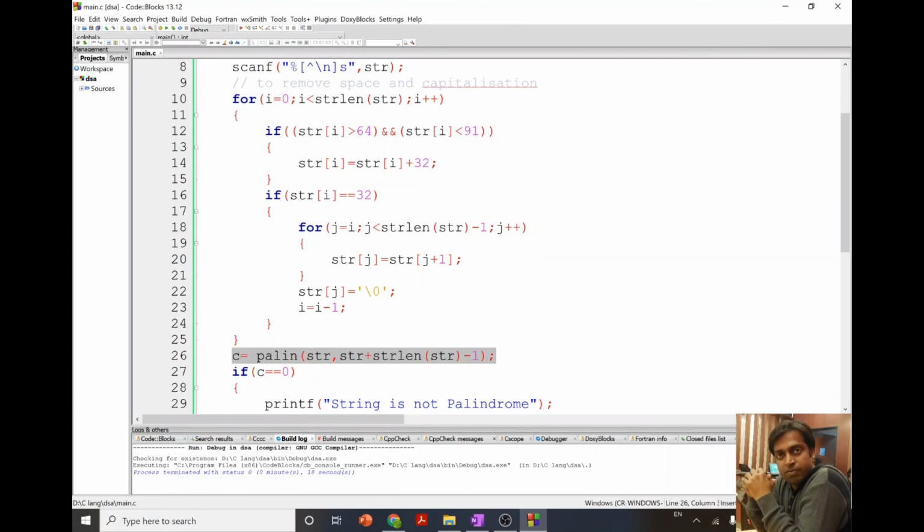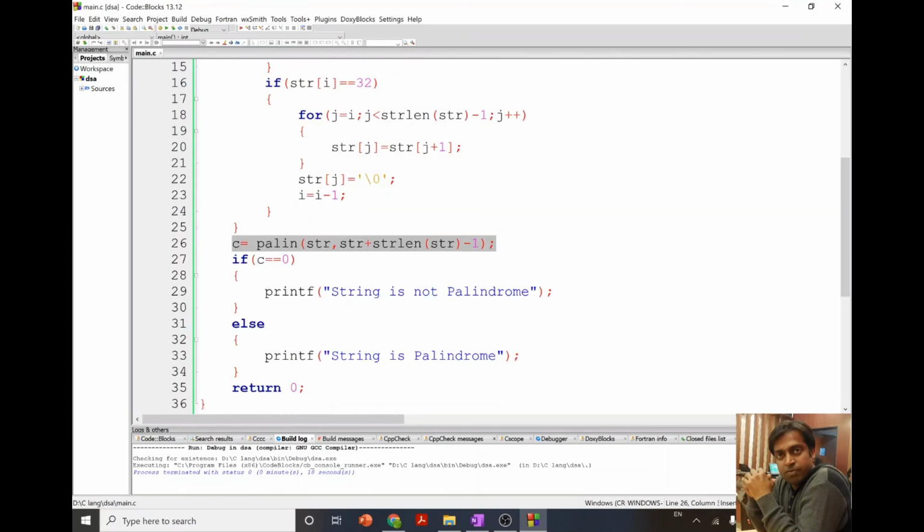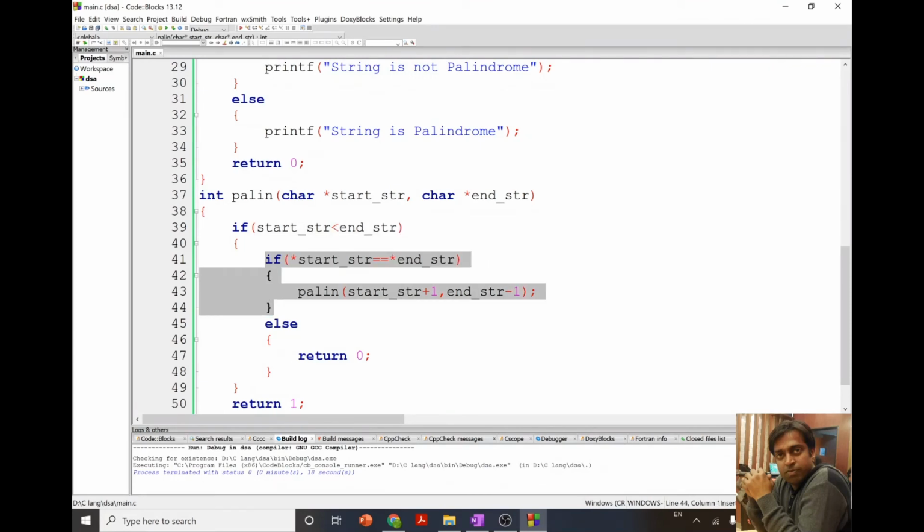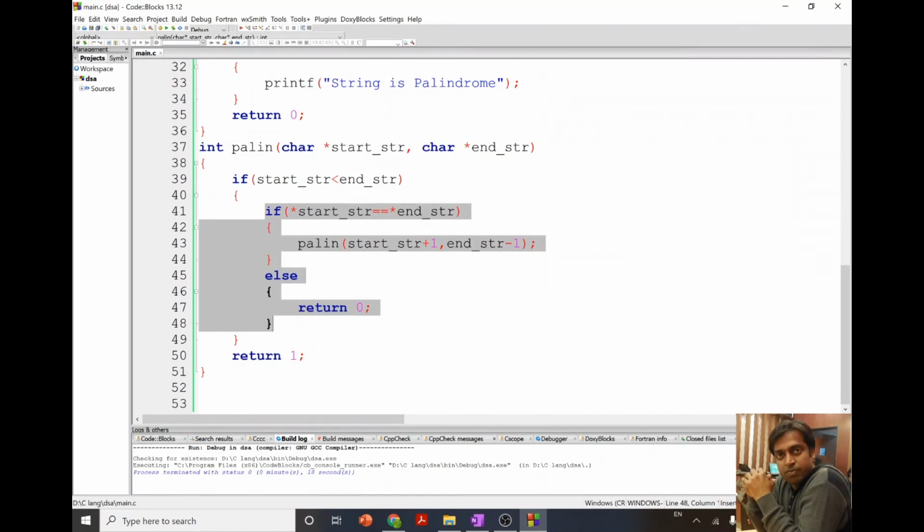Then I called the palindrome function, and if it is 0, then I print string is not palindrome, else it is palindrome. And over here we have a function, and inside the function I checked if this condition is true. If it is true, then I execute this as I explained in the explanation part, and otherwise it will return 1.